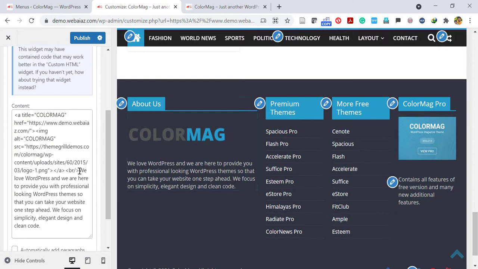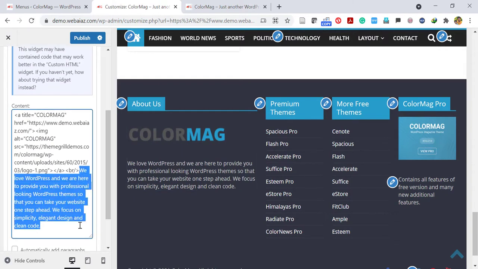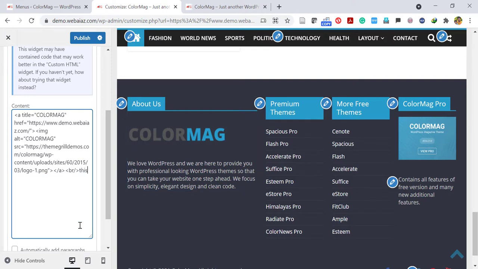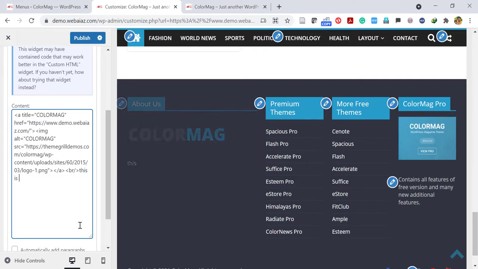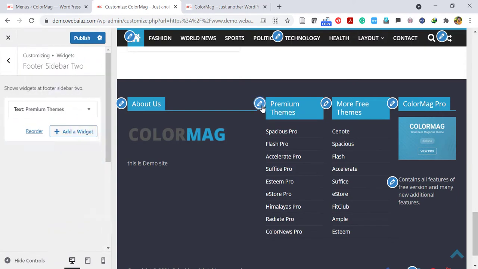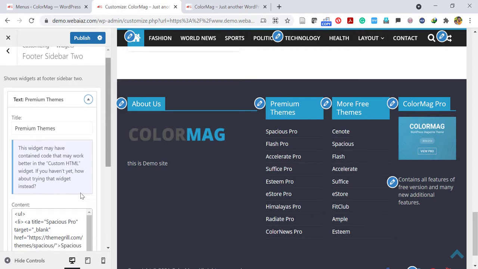And also if you want to change the wordings of the about us, you just select that about us wordings and put your own wordings there. It's very simple.